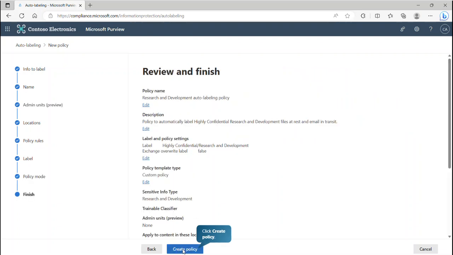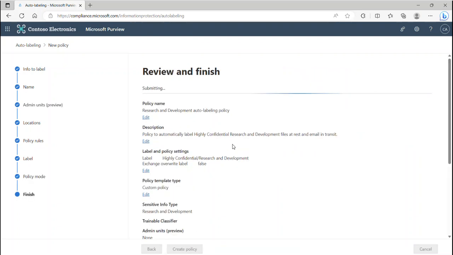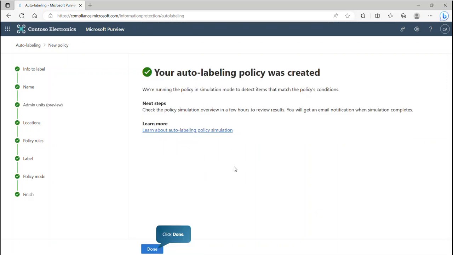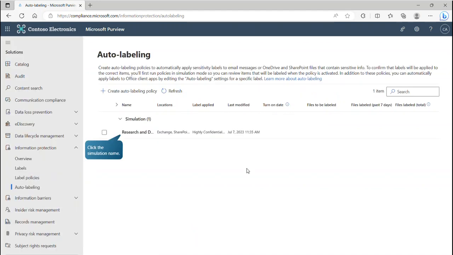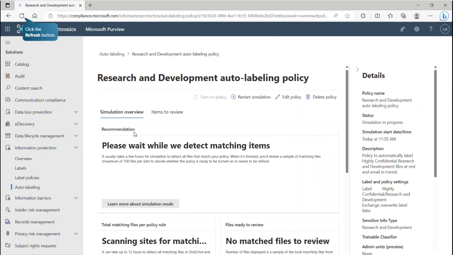I can review and finish, and then create this auto labeling policy. So your auto labeling policy was created. Let's click on done, and here it is. So we are in auto labeling policy. That's the only one that we have. If I click on it,